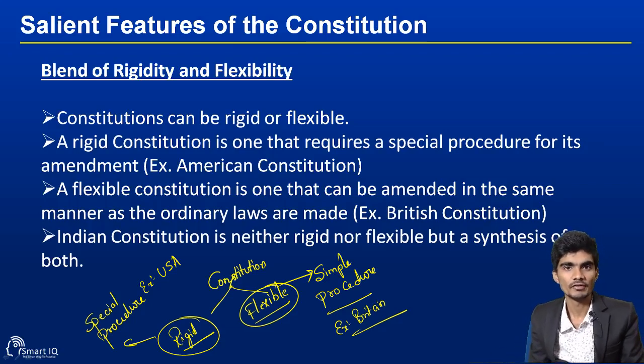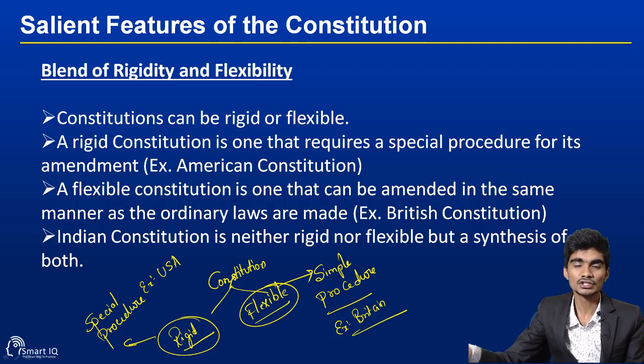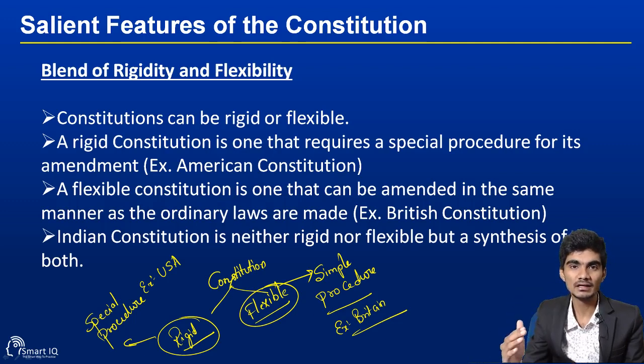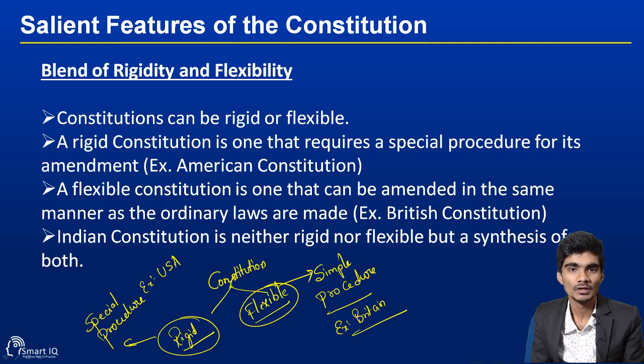The second salient feature of the Indian Constitution is that there is a blend of rigidity and flexibility. Whatever rules and regulations you make today may not be useful tomorrow, because time changes and evolves, and today's situation may be different from tomorrow's. For this reason, the constitutional makers, with their far vision, made this constitution a fine blend of rigidity and flexibility. As time rolls on, you can change the rules and regulations through amendments,